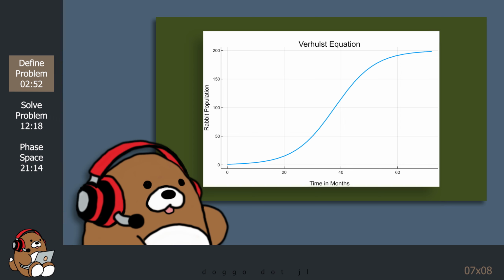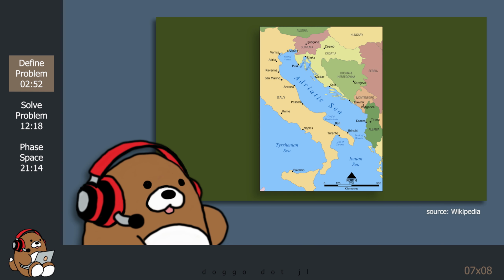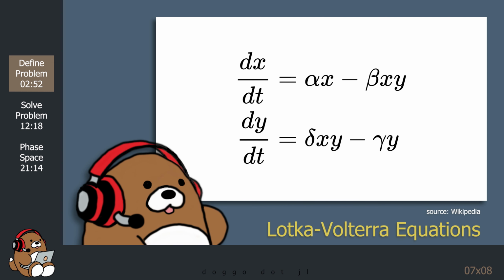The Verhulst equation describes population growth that settles at some equilibrium level by following a logistic curve. But Lotka went a step further by describing how population grows and declines and grows again in a cyclical pattern through an interaction between predators and prey. Interestingly, Volterra came up with the same set of equations that he published in 1926, completely independent of Lotka, based on Volterra's research of predator and prey fish populations in the Adriatic Sea. Today, the equations are known as the Lotka-Volterra equations.